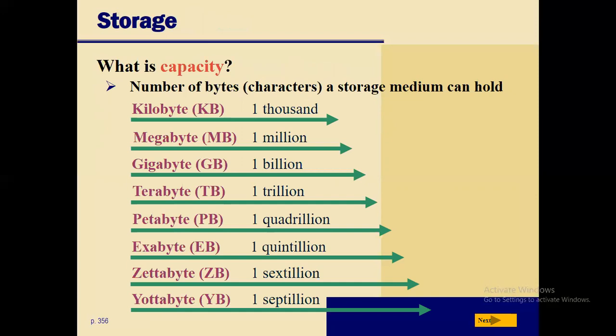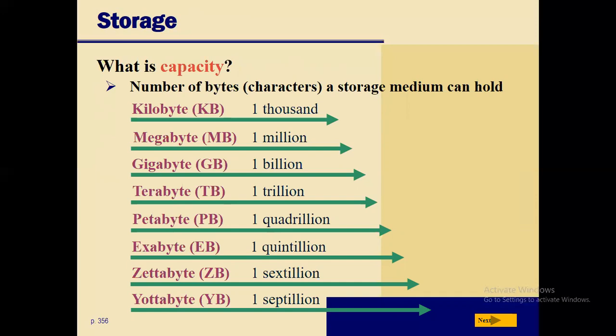Another topic is capacity. We can measure the capacity of storage in terms of bits. As I discussed earlier, the bit is the smallest and fundamental unit of memory. 8 bits equal 1 byte, and half of 1 byte equals 1 nibble. It means that 4 bits are called 1 nibble.